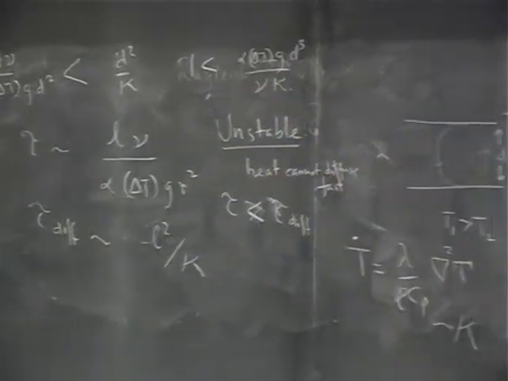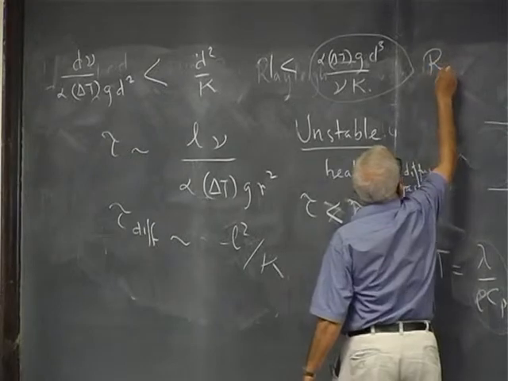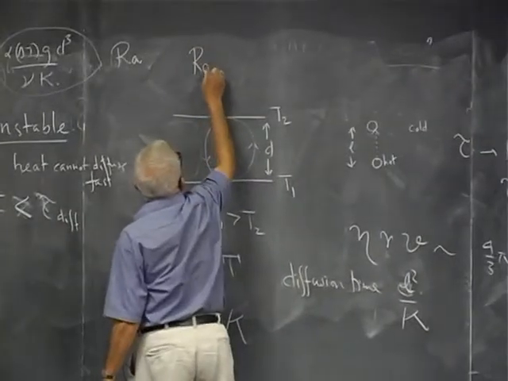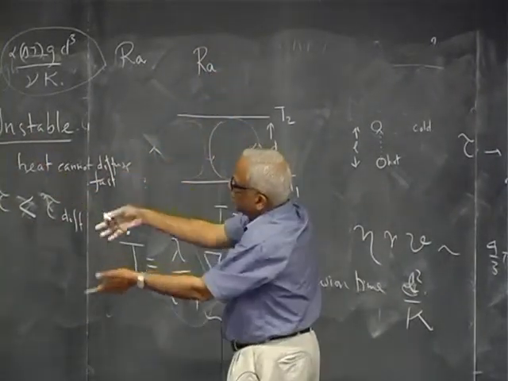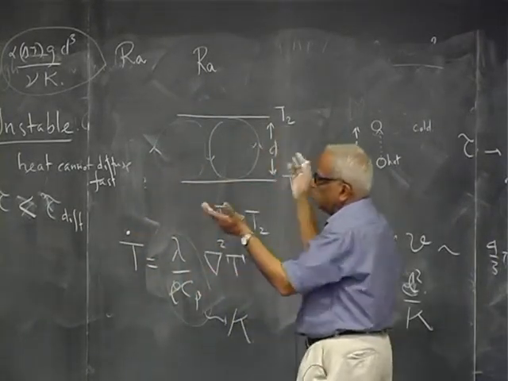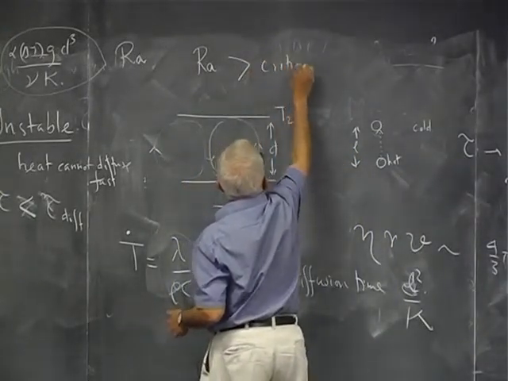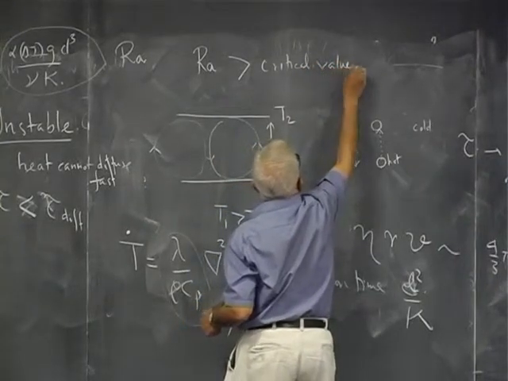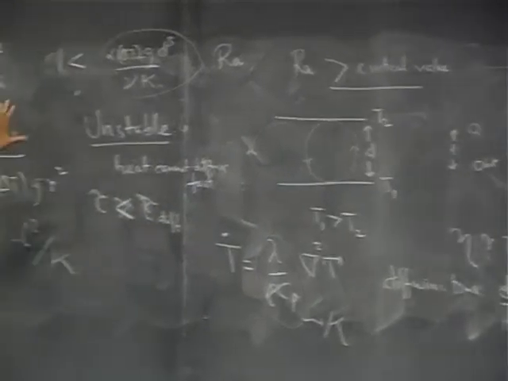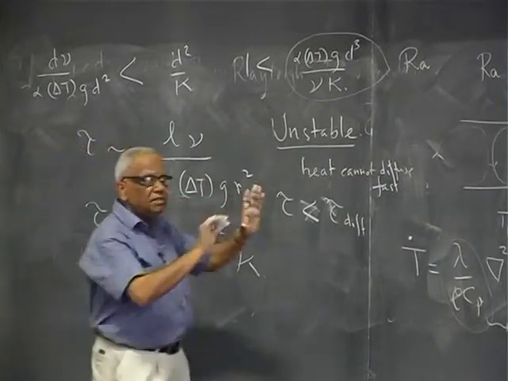So in the problem you have a dimensionless number called the Rayleigh number, generally written as Ra. Here I have said that this argument, dropping all numbers in the world, that is numbers like 1, 2, pi, e, and things like that, gives Ra greater than. What it means is it has to be greater than some critical value before convection can take place. So there is a critical number for this Rayleigh number, otherwise this instability cannot take place, and the solution